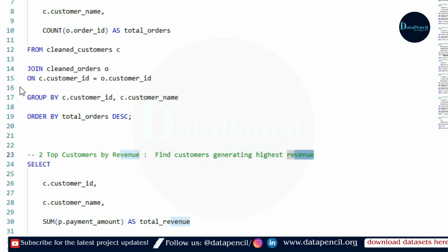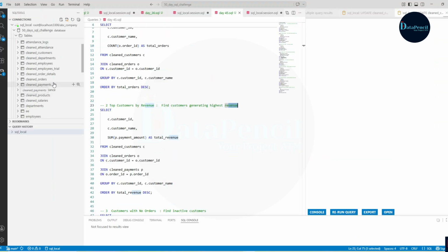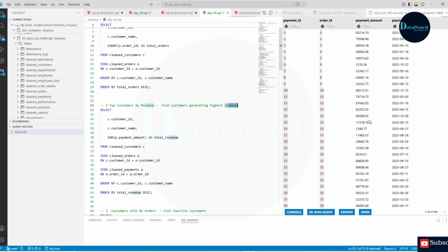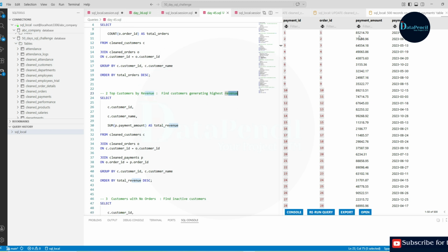See, this is the payment column. This is our payments column. Here you can see the payment amount. These payment amounts are paid by customers, correct? And this will give us the revenue. So how to calculate the revenue? For that we have to make groups of customers, and suppose the customer whose ID is 101 paid 85,000, then 70,000, then 49,000. So we have to add all the values of payment amount for that customer whose ID is 101. Then we will get the revenue of a customer.